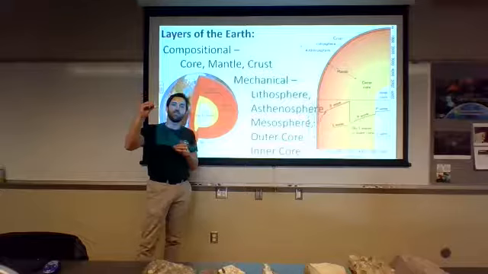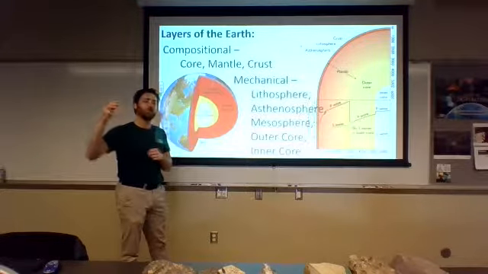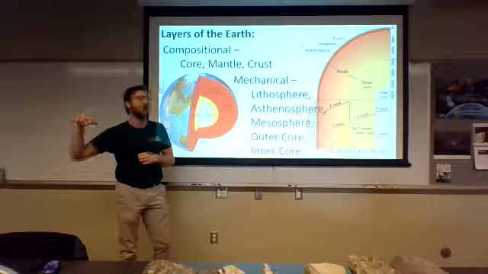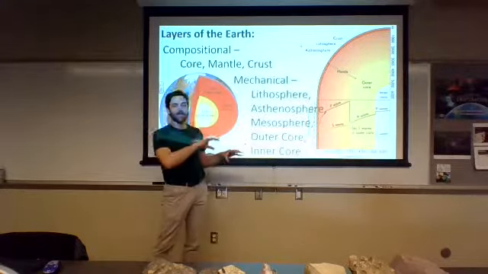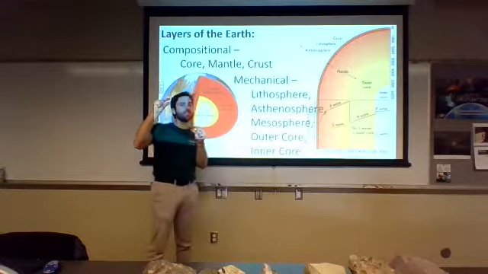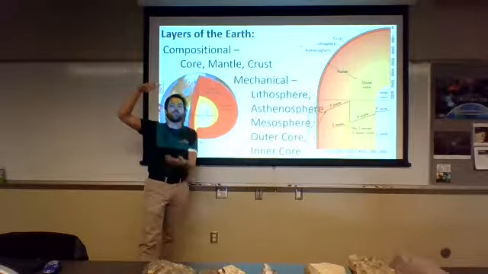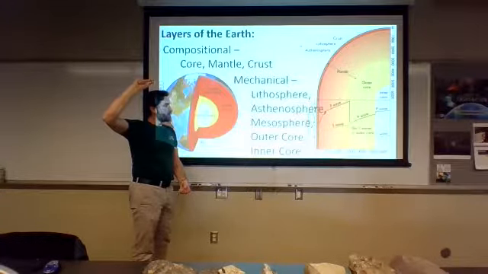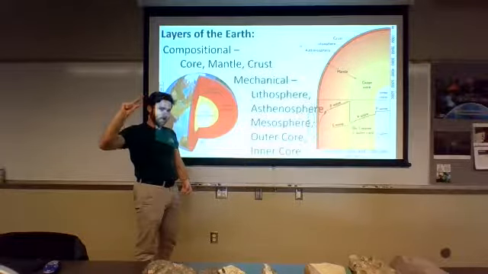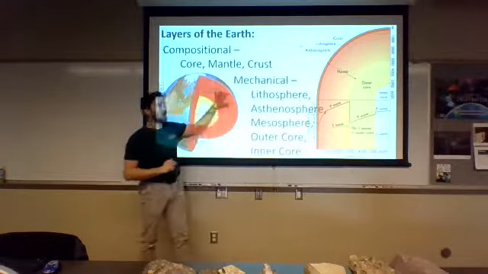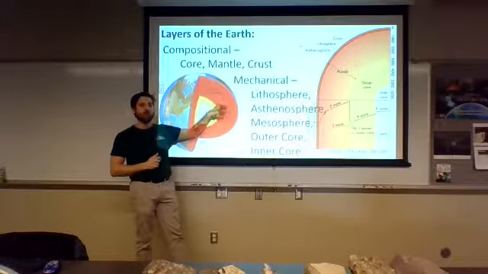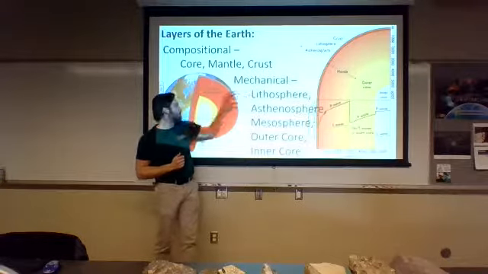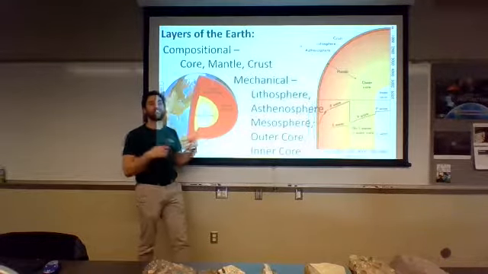The crust is rigid. The continental crust of the Earth is about 10 kilometers thick at its thinnest to about 40, 50, 55 kilometers thick, or the oceanic crust, which is all about 10 kilometers thick. That's really little compared to the 6,700 kilometers of the rest of the Earth, right? Now, the rest of the lithosphere is the same composition as the mantle. So compositionally, we have the lithosphere, which is made up of the same material as the mantle, but it's also